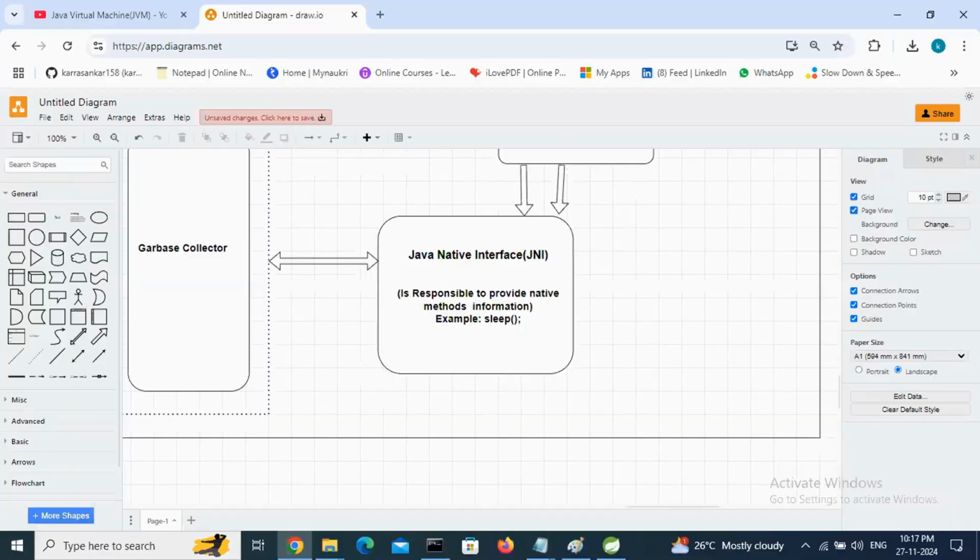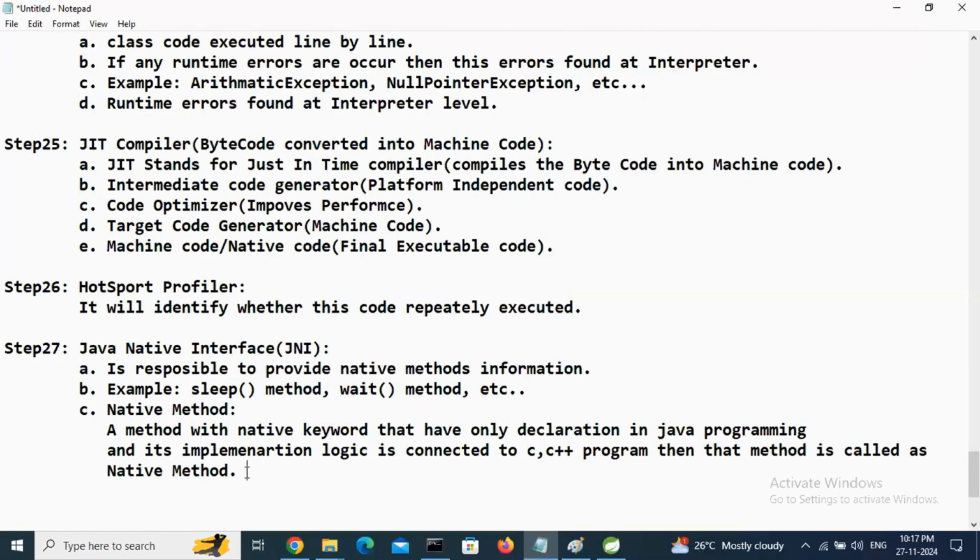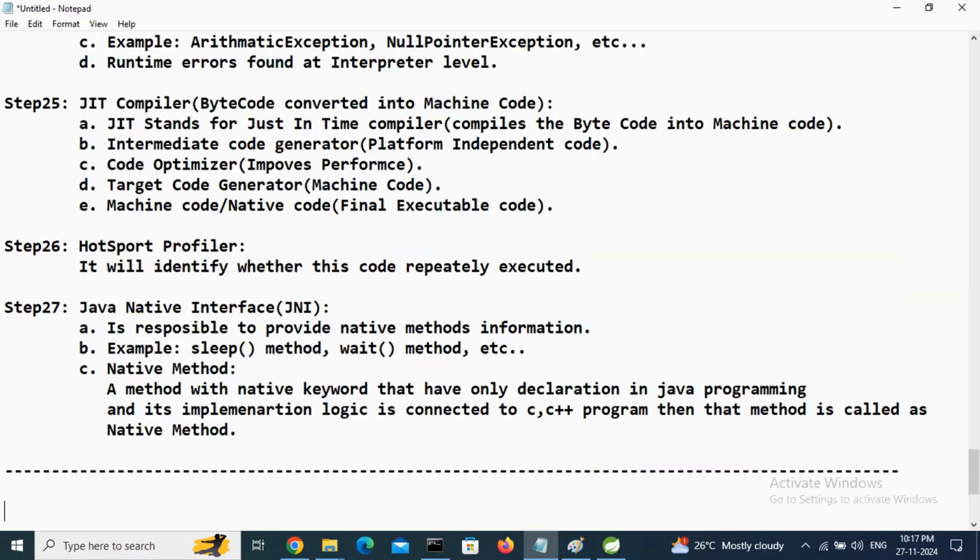Right? Let's discuss some of the interview questions. If any points are missed, let's cover them. So up to this, 27 points are completed. If anything is missed, let's cover it in interview questions. First one,